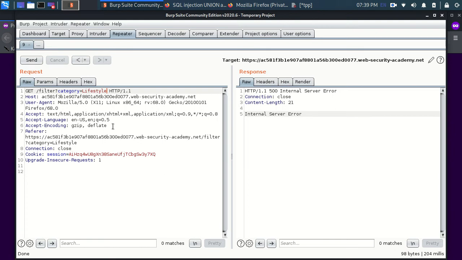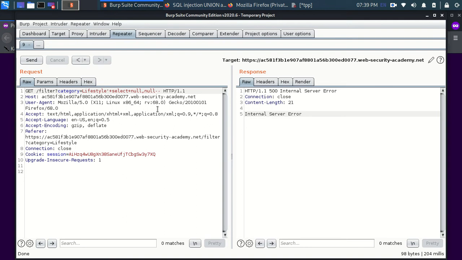First I'll break the SQL query, and I'll type plus select plus null dash dash. You might be wondering why I typed this. It is to determine the number of columns, and I have provided a link in the description for determining the number of columns returned by a query.